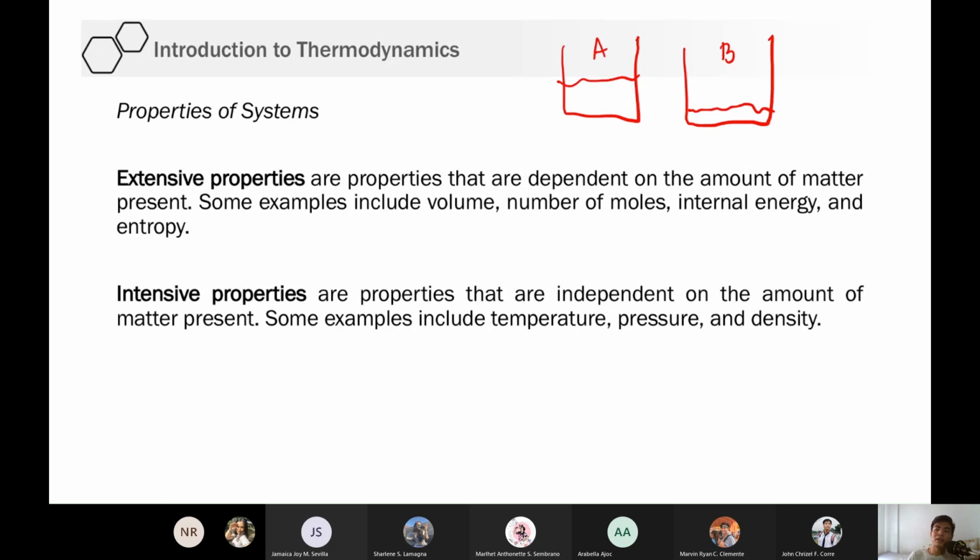Sino mas magulo yung mga particles? Sino mas mataas yung entropy? Yung B. Ang sagot doon ay A pa rin. Hindi pa naman natin na-discuss yung entropy. Kaya okay lang naman. Next time, di-discuss natin entropy. Meaning kasi ng entropy, the more the particles are, the ganun sila kagulo, no? So the more particles we have, mas magulo, no? Mas malaki yung disorder.